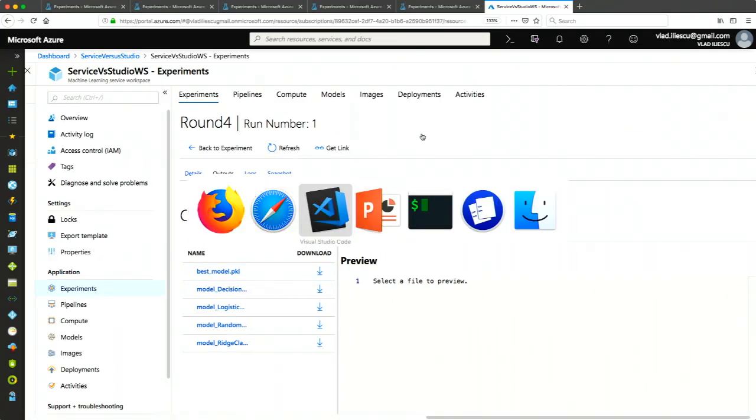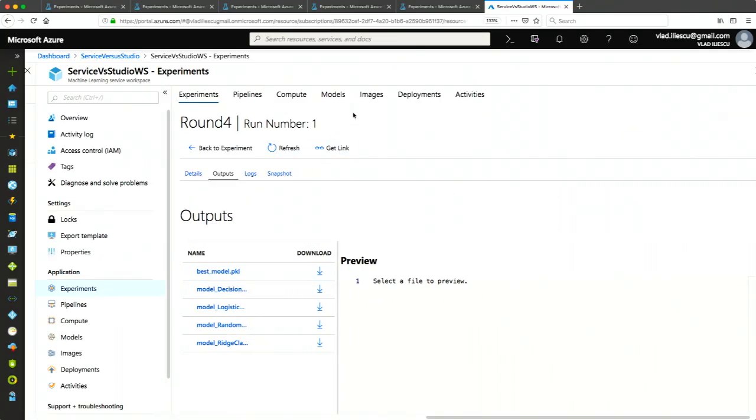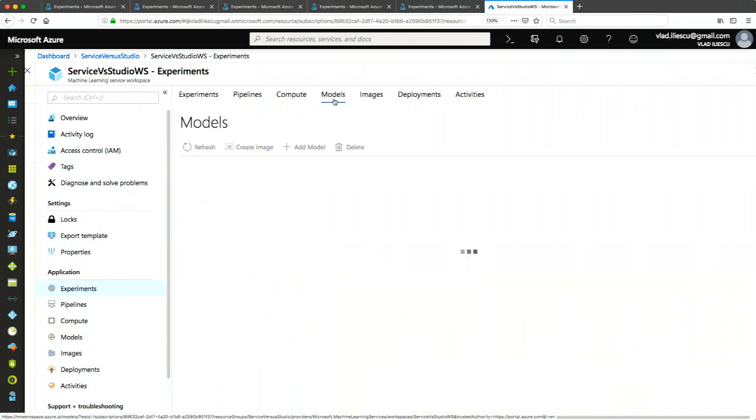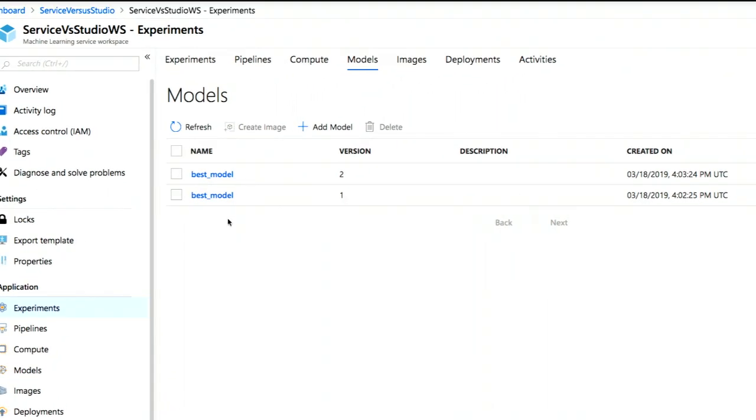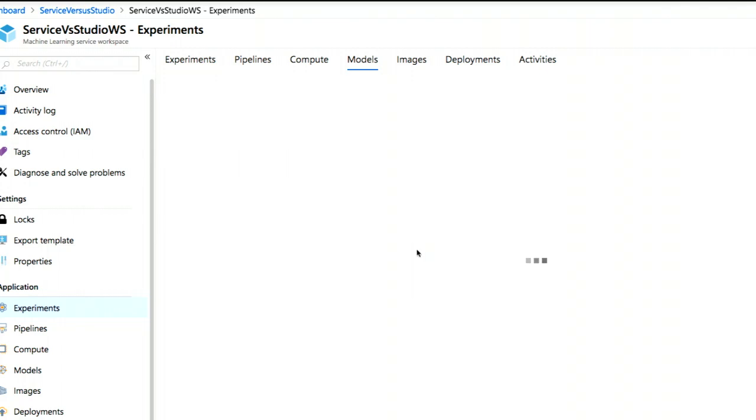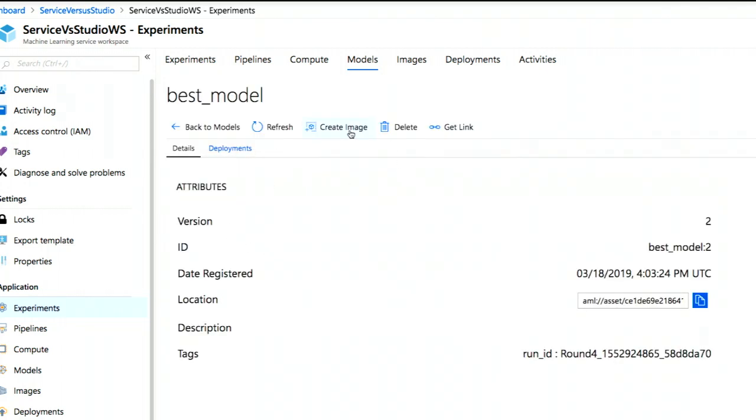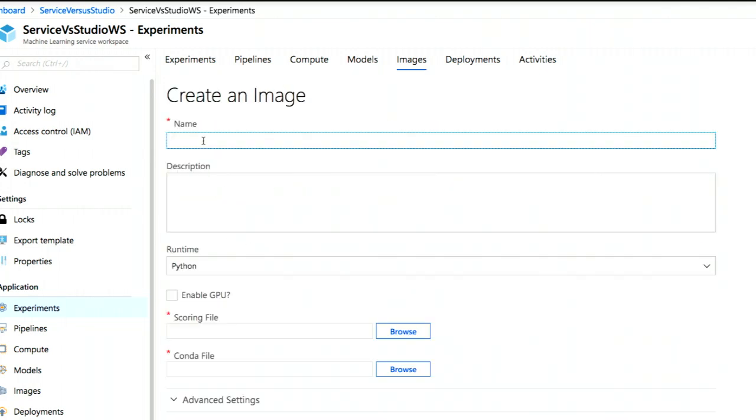So if I'm running, I can register it over here as a model in the entire workspace, and I get automatic versioning. Yeah, I have more models. And based on a model, I can create a Docker image. So as we were talking earlier on with containerizing this. Yeah, I can create a Docker image that I can deploy later on. And all I need to create an image is a name, and yeah, what's in a name.